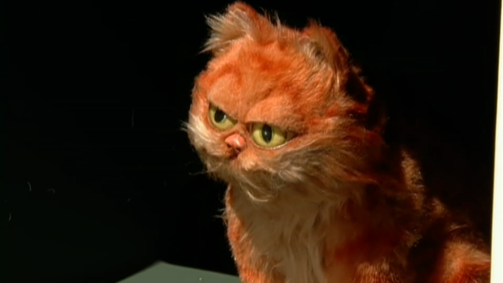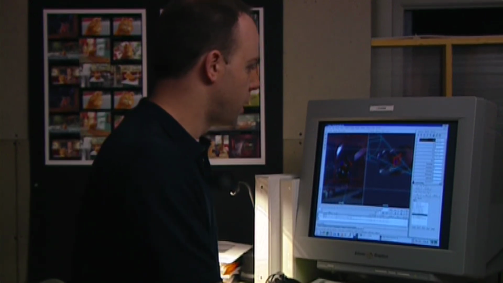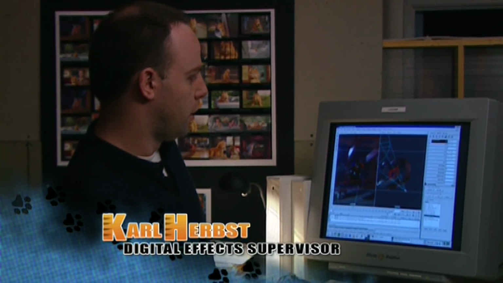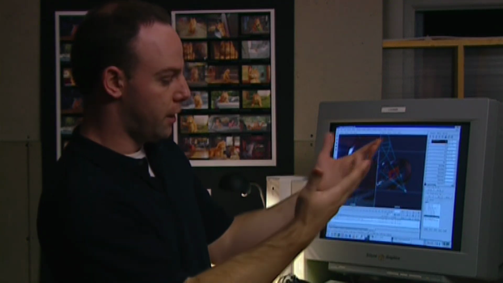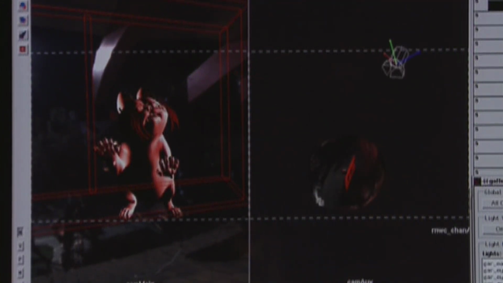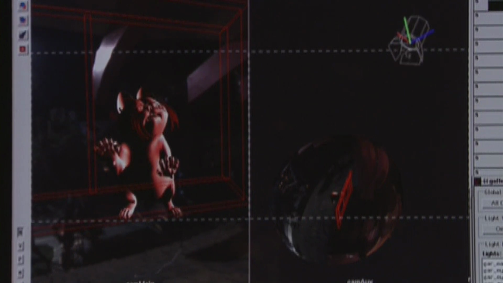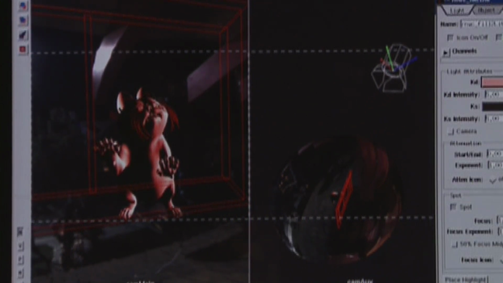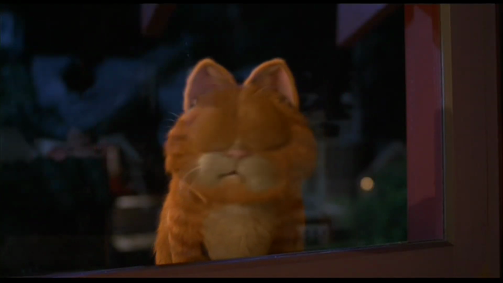We took high dynamic range imagery at the set, where we took a lot of photos from a camera that takes a 360 degree view of the world for us, so that I can see here in the sphere everything that the camera saw when they shot the plate photography. So I have a good idea where to place the lights based on what they wanted. I'm in a new